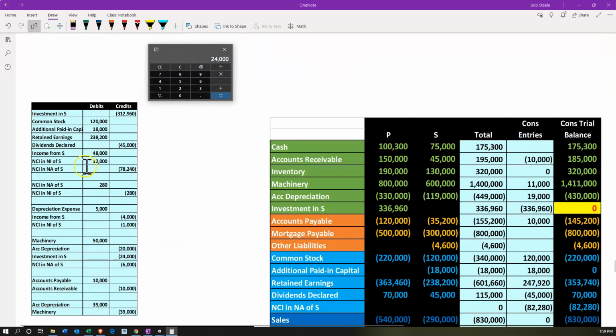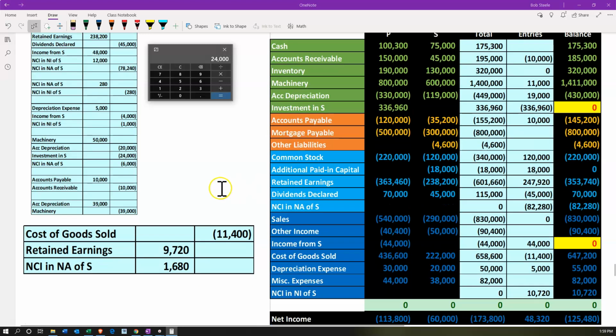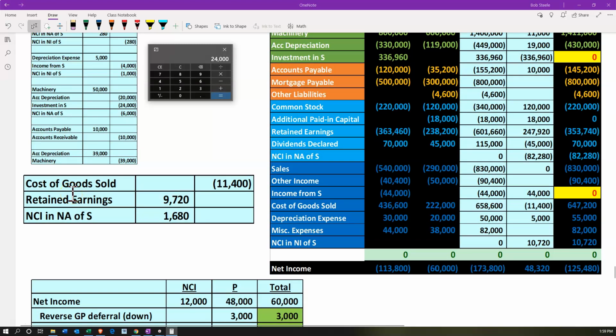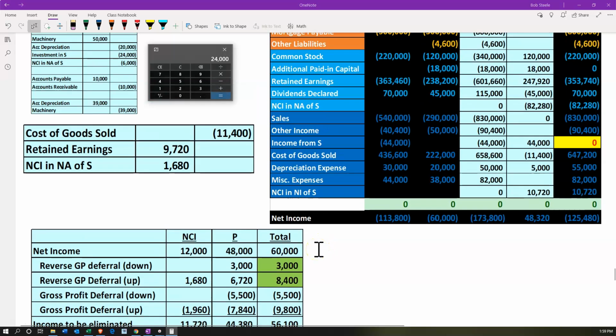Okay, next item that we're going to have. This is what we've done so far. This is the journal entries we have so far that are reflected in this column. Current journal entry. Now we're thinking about the cost of goods sold. So we thought about basically reversing the equity accounts here. Now we're going to be thinking about how do I deal with the cost of goods sold and the net income for these intercompany transactions, which we're going to be pulling from the worksheet we put together. So we're looking at the income side of this worksheet we put together for the non-controlling interest and P in total. Here's the 60,000 net income, which we're now adjusting with regards to these adjustments that took place in the